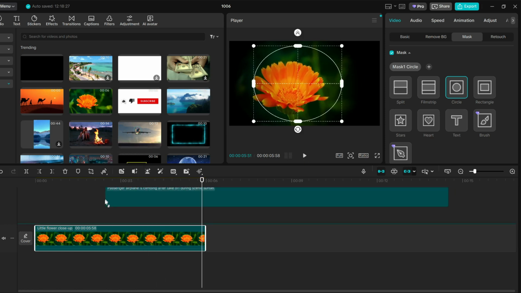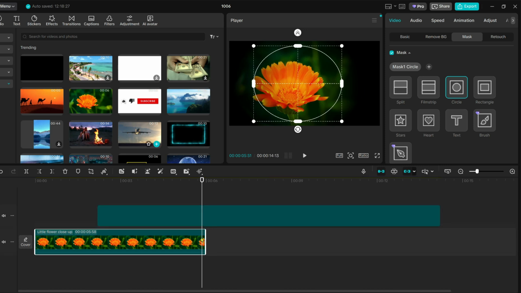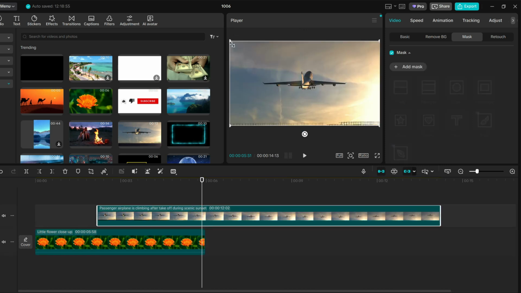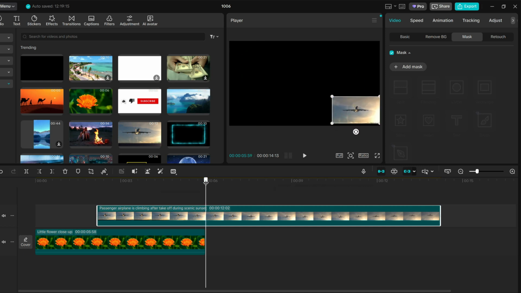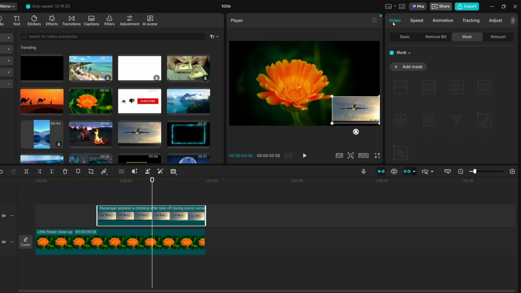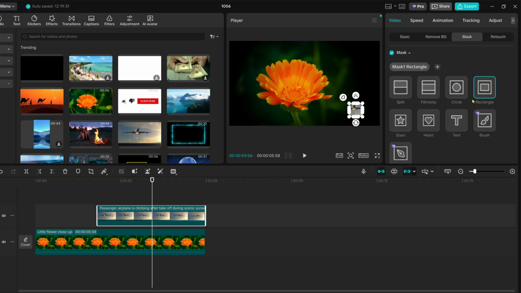So place another video on the timeline, adjust the size and position, cut it, and again go to the video, and on the right side there is a mask, add mask, again click on the circle, adjust the position of the circle,